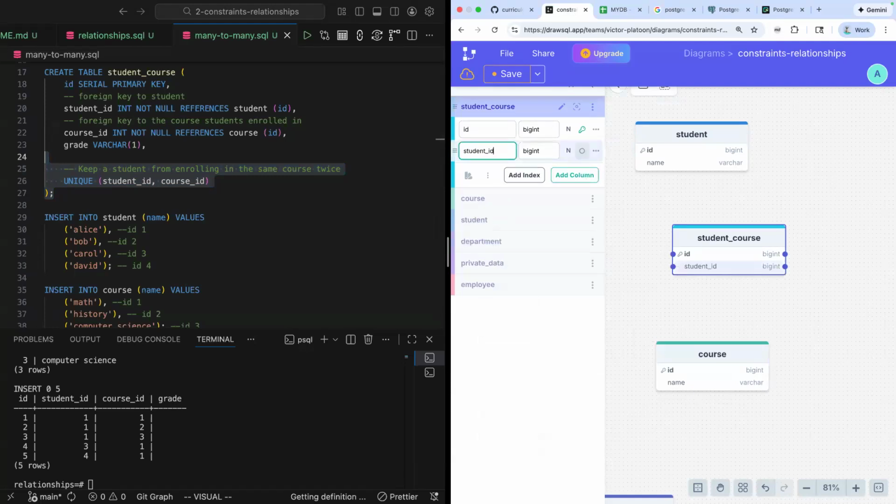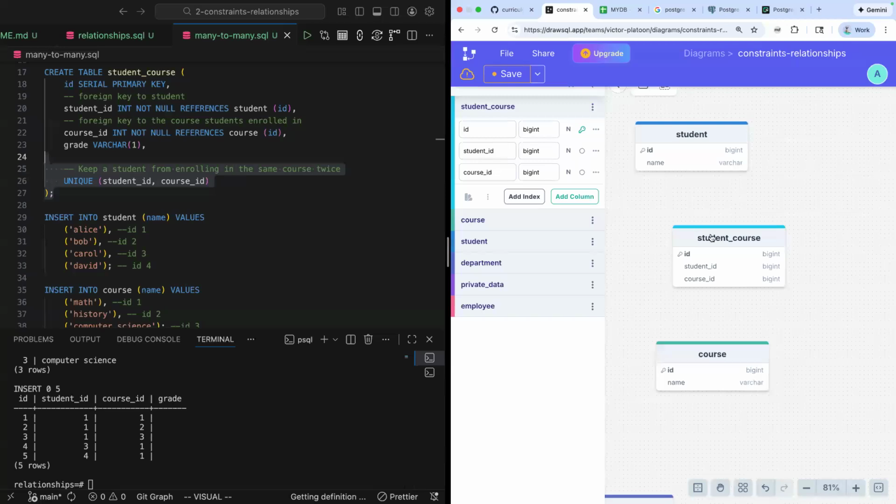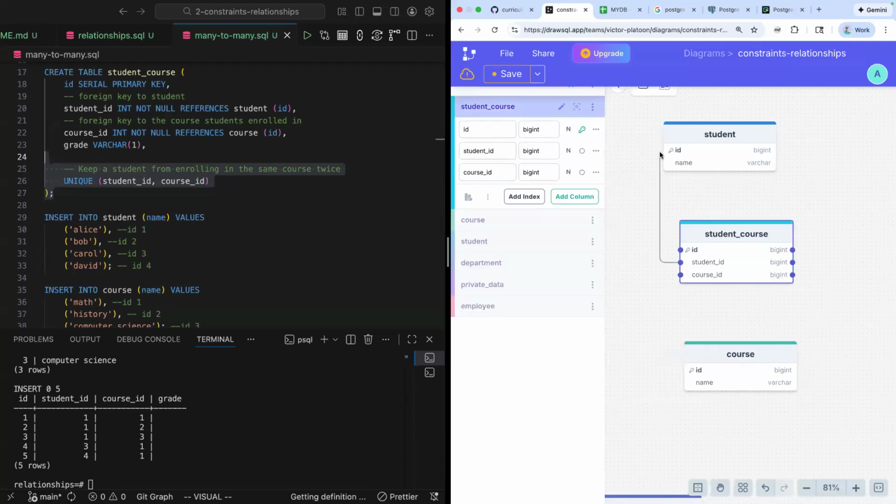And our join table has one foreign key that's going to point to the student that's enrolling in a course. And then another foreign key that points to the course the student is enrolling in. And so by doing this, I can establish